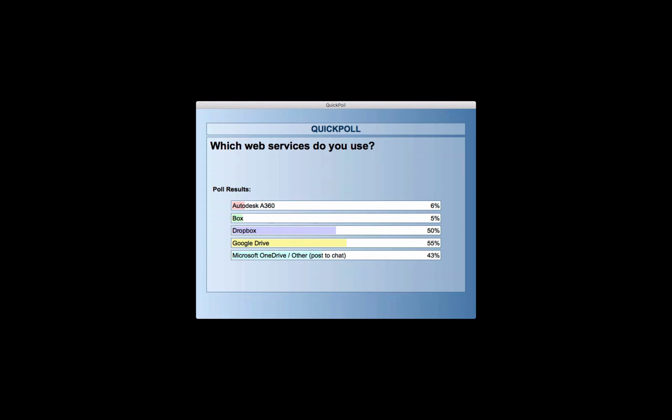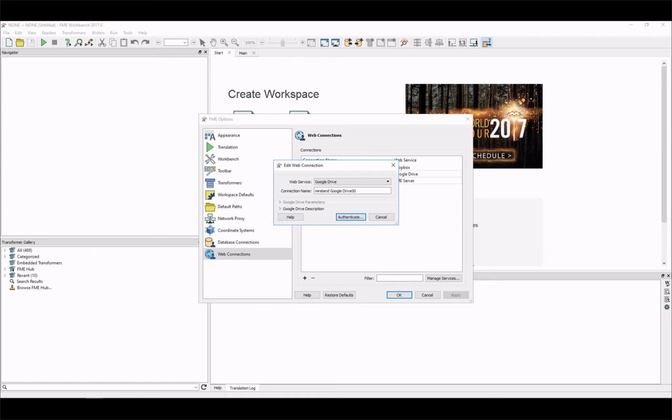There we go. So yeah, most people are using Google Drive. A lot of people use Dropbox and OneDrive as well, which is something I've never even tried before. So I've been trying it recently. It's actually really easy to use. Yeah, it's really nice, actually. I guess because we use Google as a company, we use Google technology and apps. So I've always stuck to Google Drive. But anyway,